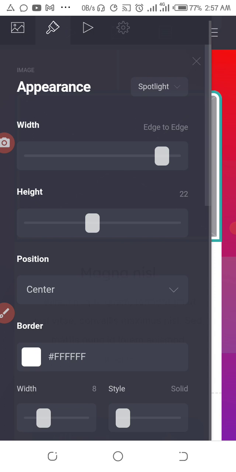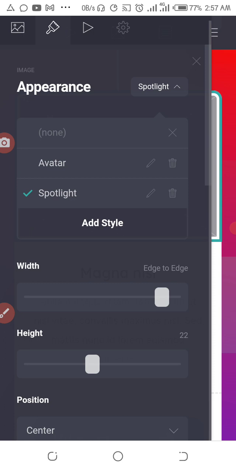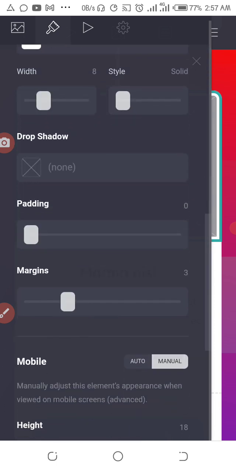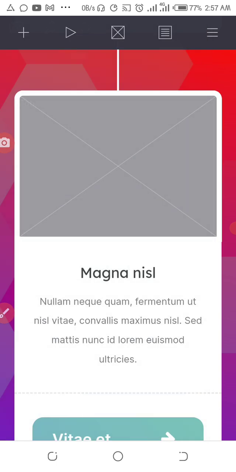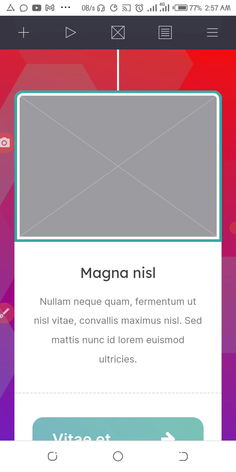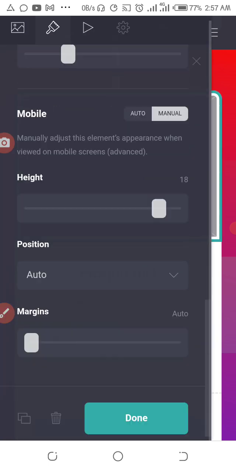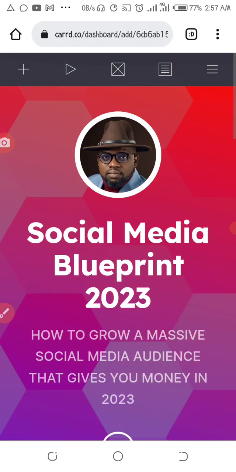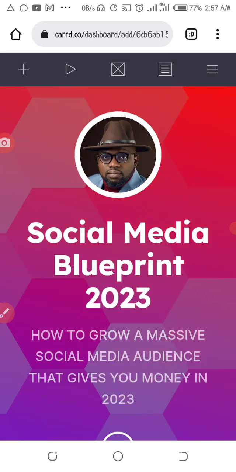Come to this spotlight. I'll go to add a style. Okay, now I'll go to a new style. Then I'll go to done. So when I delete this image, it will not affect the face that my image there. Alright, so now I'm going to go to